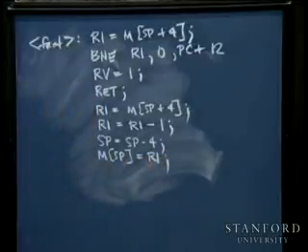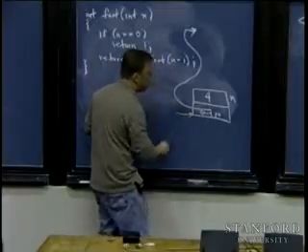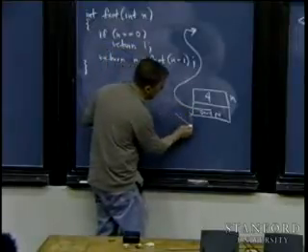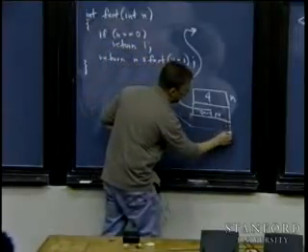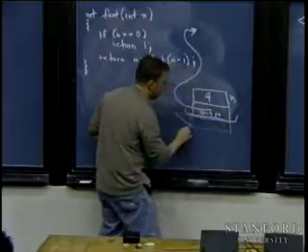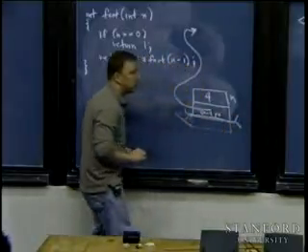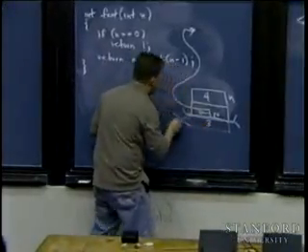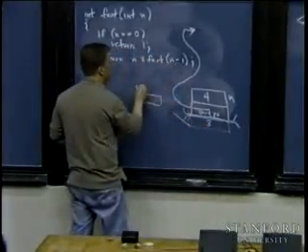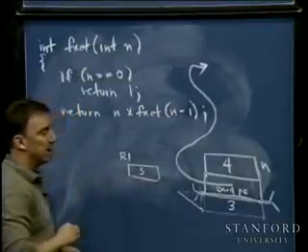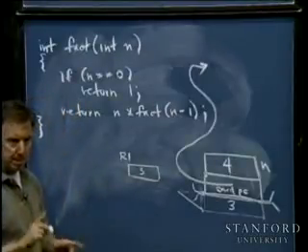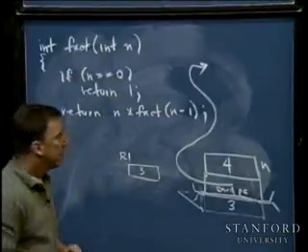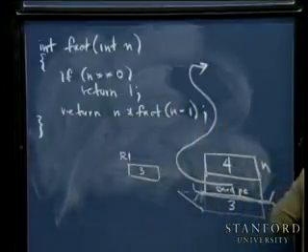So what just happened here? I decremented. This is where SP is pointing right now. I decremented to point right there. That right there is the original activation record. I'm in the process of building the activation record for the next call. I lay down a 3 right there because that's what R1 has at the moment. It had a 4, but I just pulled it down to a 3. Okay? Make sense? And then I call